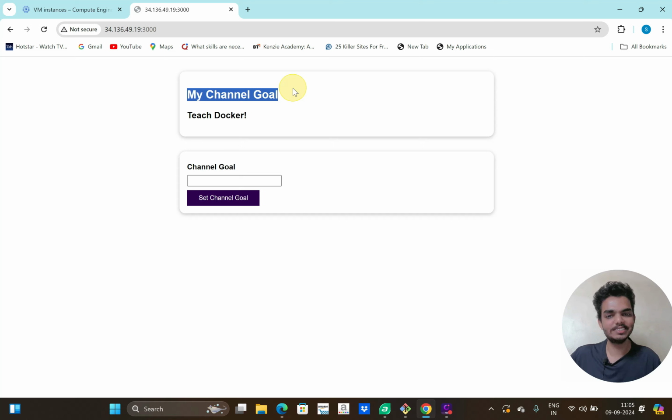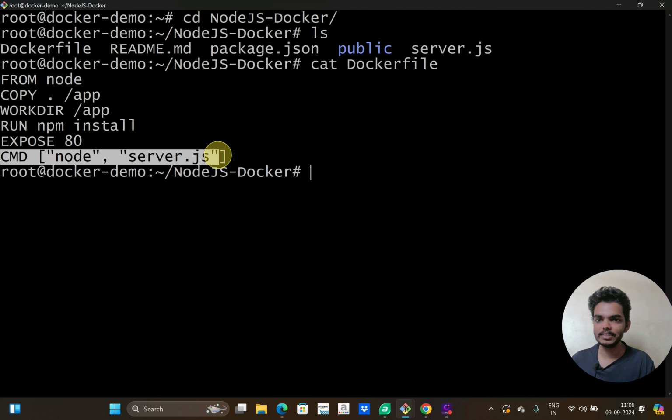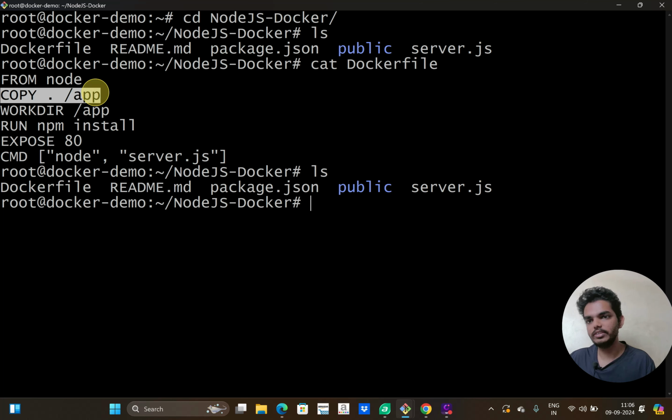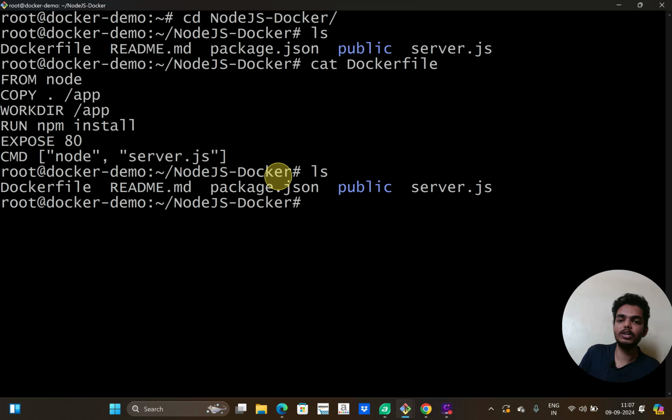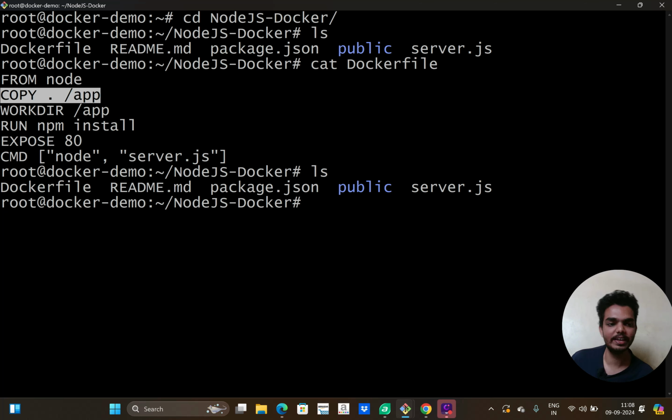So what's happening here? When I check my Docker file, as I explained, CMD will run while creating the container, but all other instructions will execute while creating the image. COPY is one of the instructions here, and that executes while creating the image. So while creating the image, whatever code is here, it will copy that code only. If I modify any file here, I have to execute this COPY instruction again. To execute this Docker file, I have to create a new image from it. So let me create a new image now.